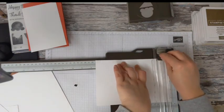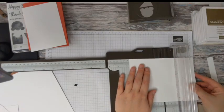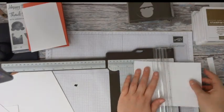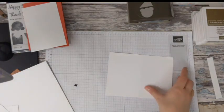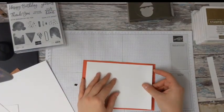Yeah, it is 19. Okay, and then we're going to score at 9.5 centimetres. So I'm going to do a little bit of a pop-up card. You may have seen one of these on my blog this week. And the pop-up is actually going to be inside the card. So this piece here that we've got